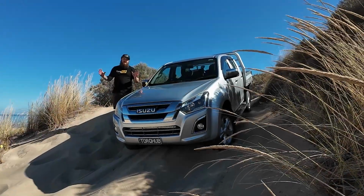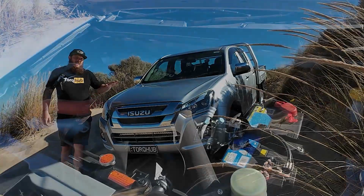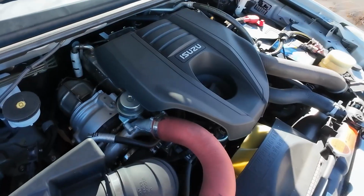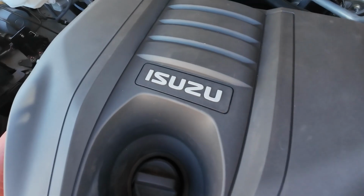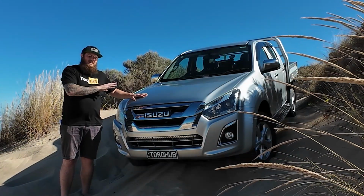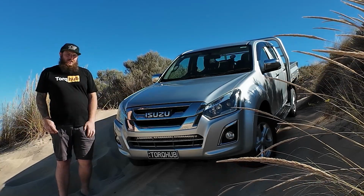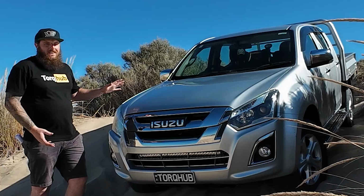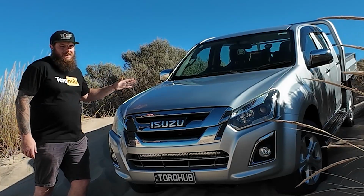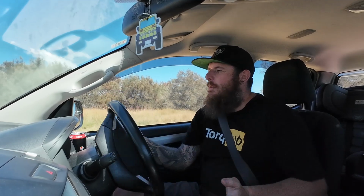The DMAX has a long-running reputation for reliability, built around the foundation of its famous 4JJ series of 3-litre turbo diesel engines, running on the theory that using light truck components in a passenger utility will keep these things unbreakable, even among the harsh Aussie conditions. And it's not uncommon to see these things go over 500,000 kilometres without a rebuild or even removing the factory head. And I can tell you this little Thai tractor is an absolute workhorse,